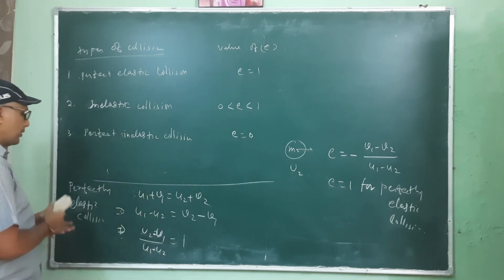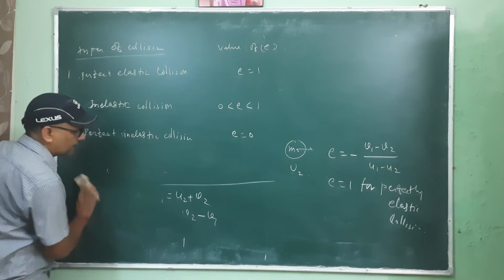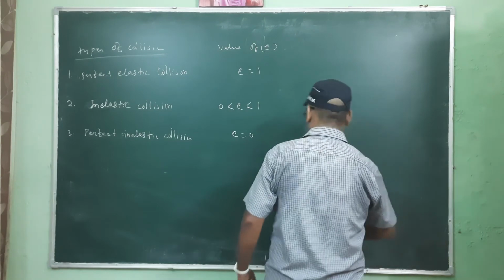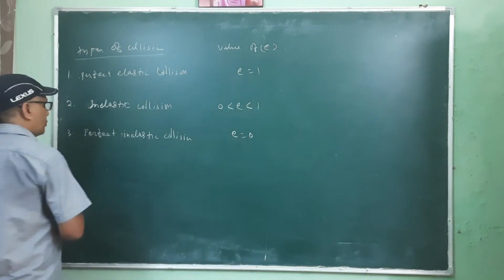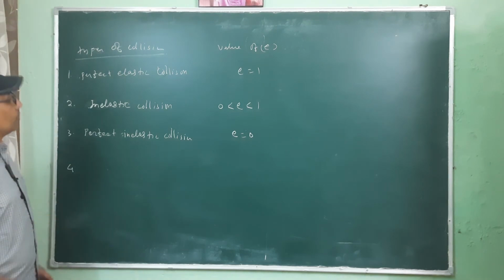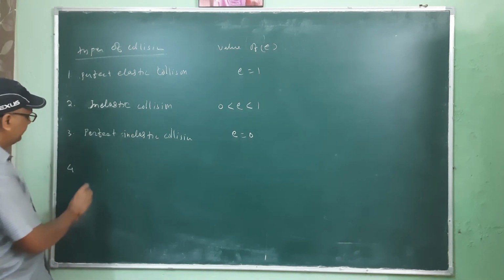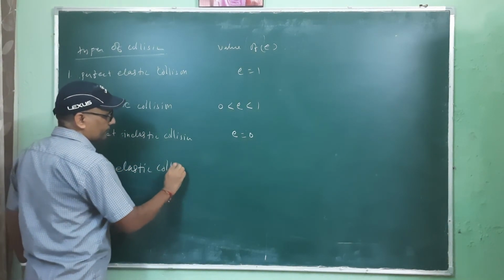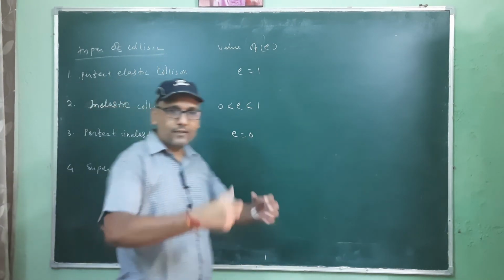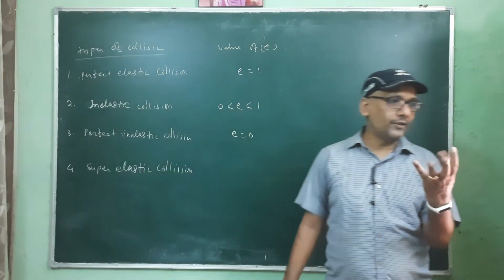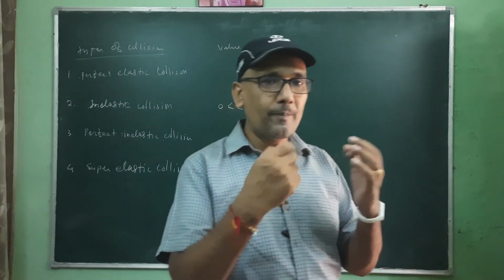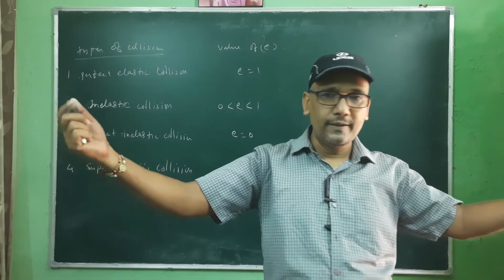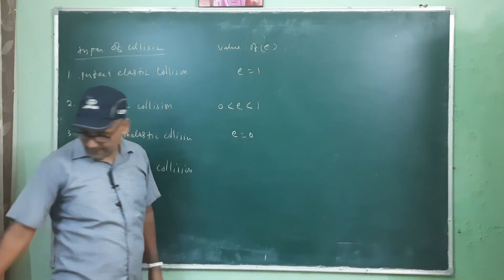एंड एक और कोलिजन होता है, दैट इज the fourth one, superelastic collision. क्रैकर्स बस्ट होता है, क्रैकर में पोटेंशियल एनर्जी, केमिकल एनर्जी स्टोर्ड है, वो ब्रस्ट होता है. तो जितने उसके पार्ट्स होते हैं, उनकी काइनेटिक एनर्जी बढ़ जाती है. जितने छोटे टुकड़े फास्ट वेलोसिटी से चलते हैं. सो that here in this case e is greater than 1.